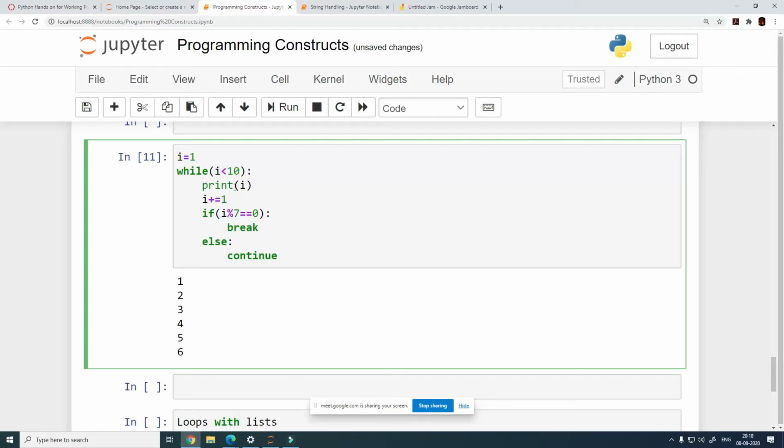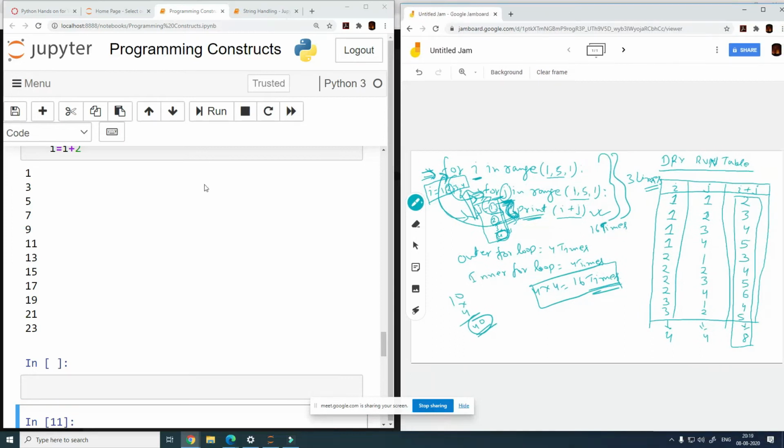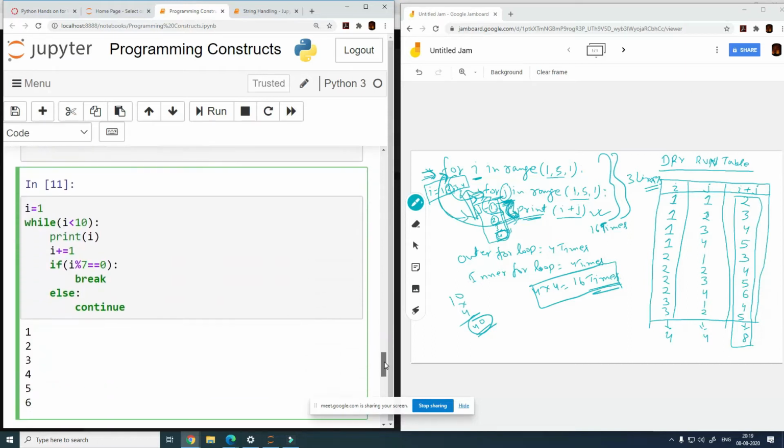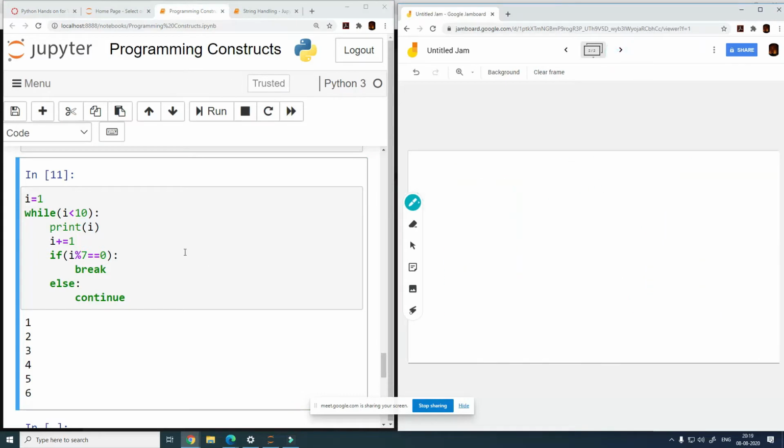I'll show you what is happening here. So let's do a dry run together and figure out what is happening. This is the code, right? So what is going to happen? I'm just creating a table. What are the values that we have? We just have I. So I will create a table with one variable I,